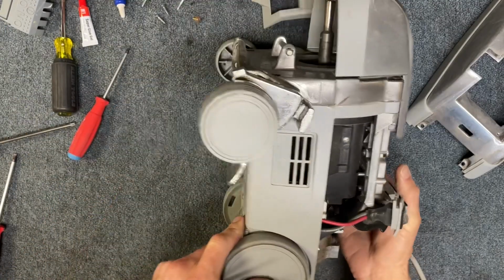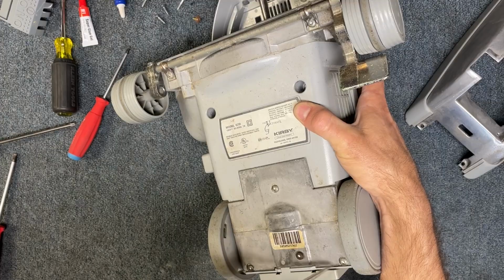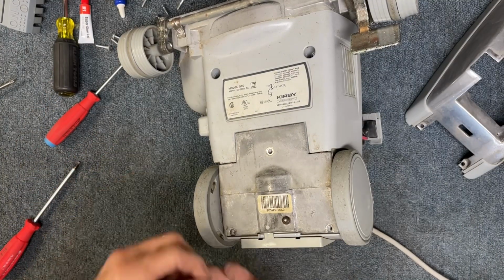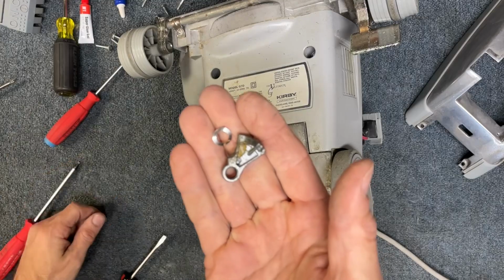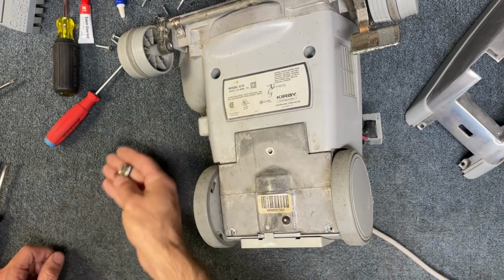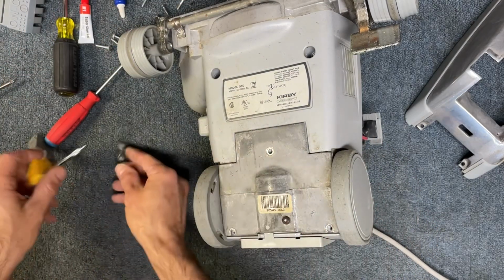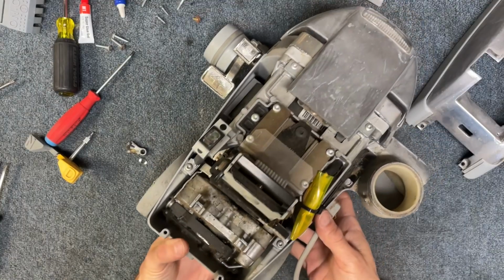All right, next we're going to go ahead and flip this machine over, and we're going to have 3 screws that we're going to remove. We don't have to remove this one yet. Now when you flip this over, you should see these pieces come out. And if you haven't yet, then just keep taking it apart until you find these pieces in there. So a tiny little spring washer, and then the mating piece to this lever, which we need to install. So we're going to flip this back over, and then this transmission's going to just drop out of the bottom